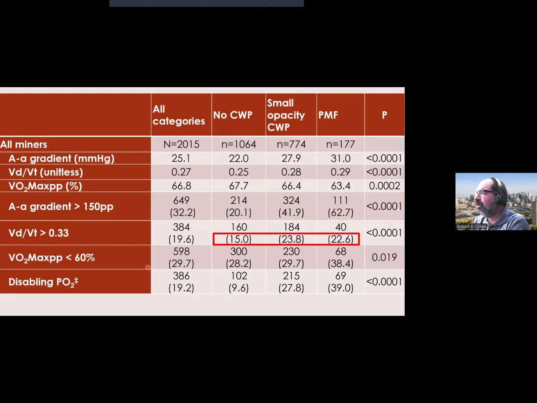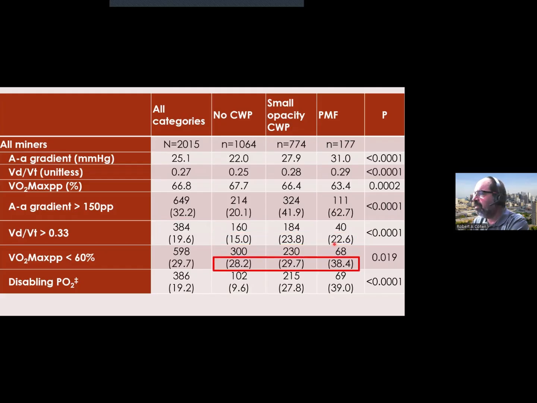Then if we look at their prevalence, I'm sorry, the prevalence doubled when they had small opacity disease and then increased still further if they had large opacity disease. And these numbers are fairly substantial; we're able to get hundreds of miners in these study breakdown groups. There are dead space abnormalities. This part of the lung that's scarred and doesn't participate in gas exchange was present in 15% of normals, 23 or 24% in people with small opacity disease, and then about the same actually for the PMF